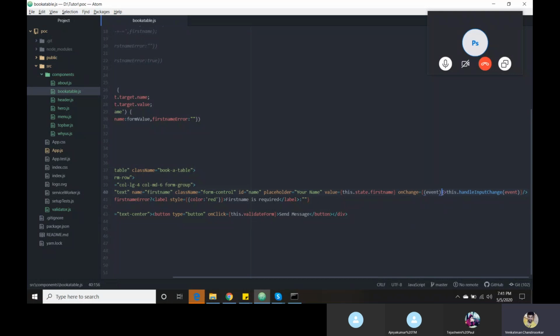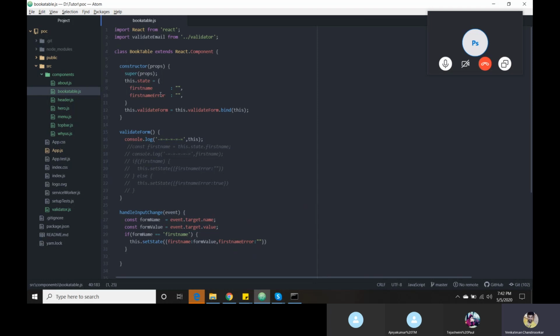Okay, the reason, here I have used a different syntax. This is called a fat arrow function. This is an ES6 new feature. Whenever we are working with a fat arrow function, it automatically binds the this keyword within your function. You got it? Whereas in a normal function it won't do default binding. Whenever we are working with a fat arrow function, it by default has its own binding of this. That's the reason here we have one function, but we did not bind this in our constructor.